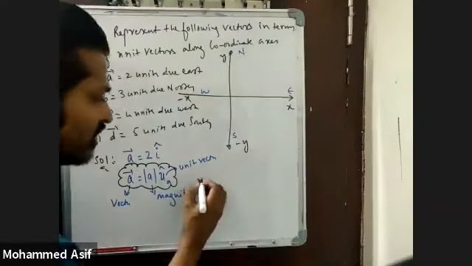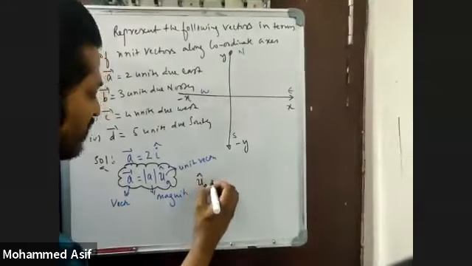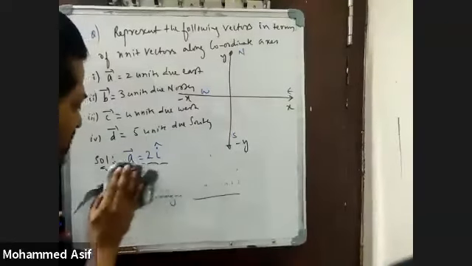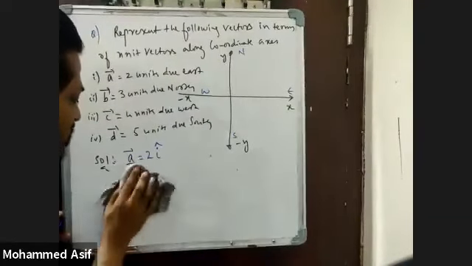That means unit vector U A will be equal to how much? A bar by mod of A. Can I write like this? Unit vector is equal to A bar by mod of A. Okay, I'll tell you this one in detail in the next session. You just tell me the answers for this one, so don't get confused here. First you tell me with the directions.